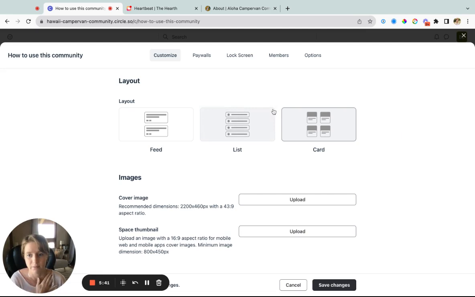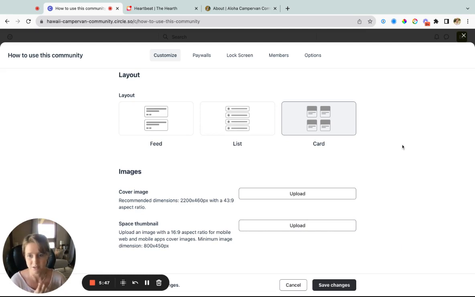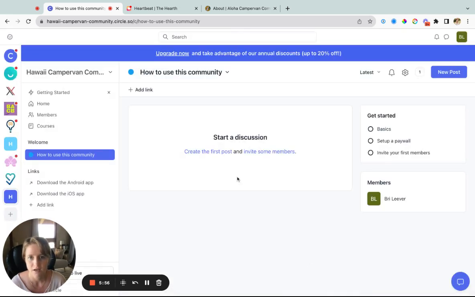I've found this format works really well for a kind of orientation space to help people understand who this community is for and how to use it. So, save changes. With the card style space, what's really cool,